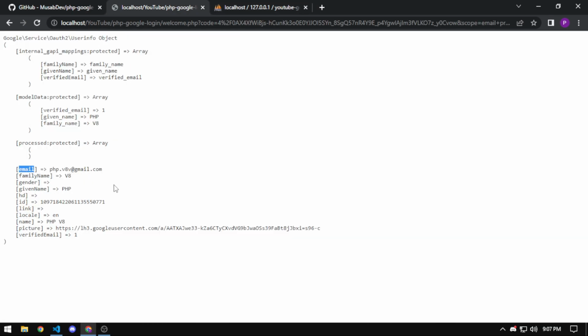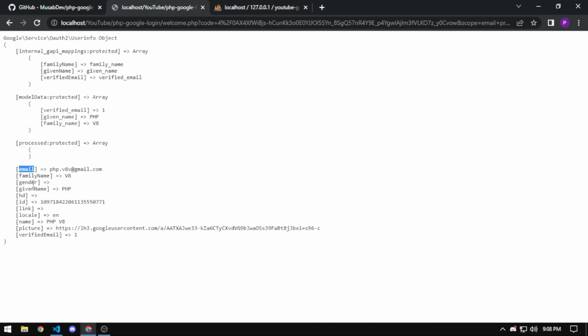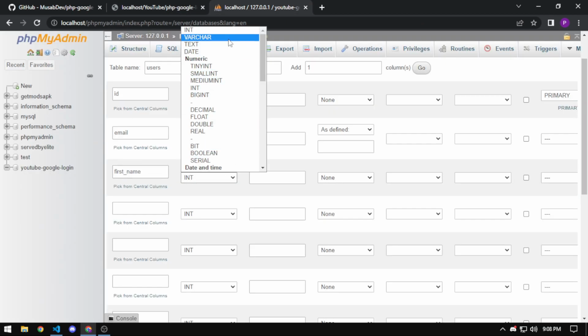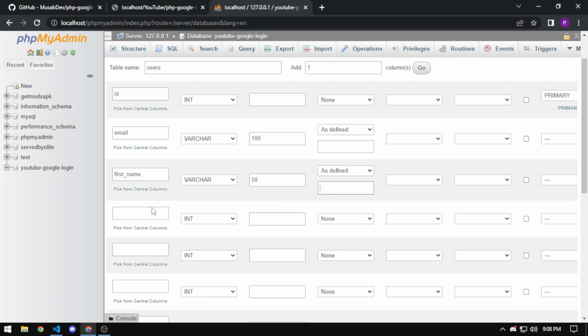And then we need this family name, you can say this last name or something like that. So yeah, I'll say this last name, or maybe first of all first name first, then you can just say 50 limit, then last name will be varchar and 50 limit too